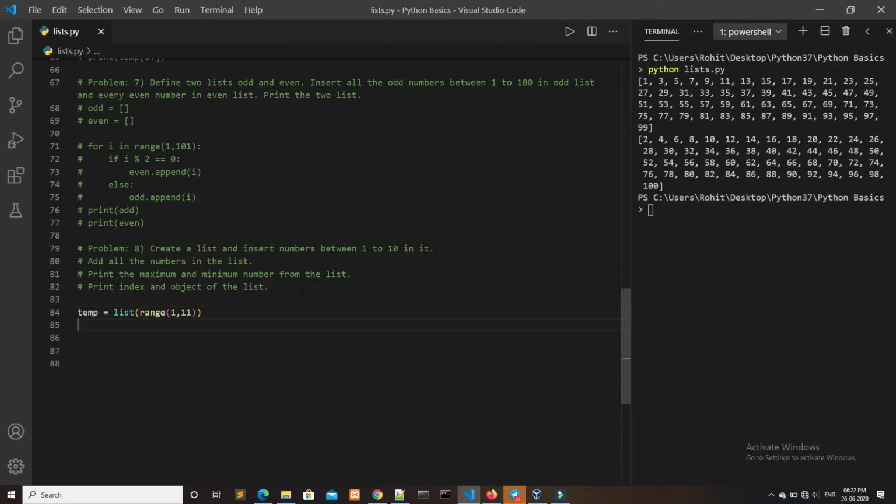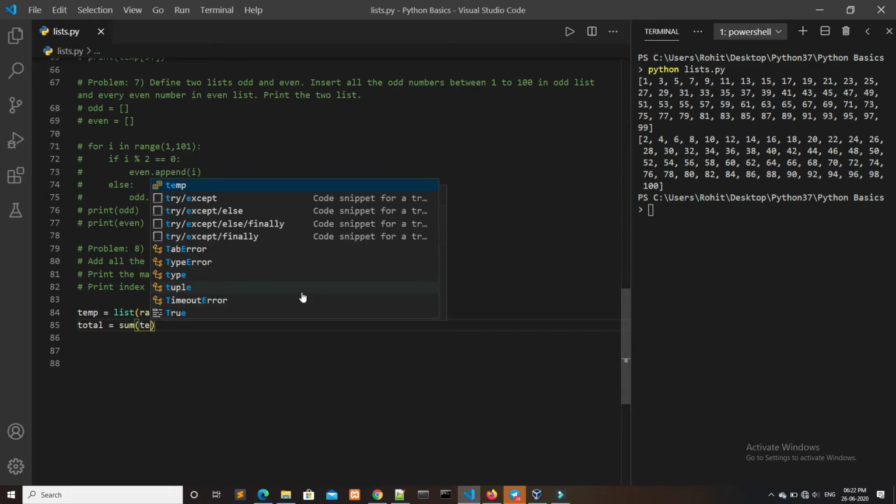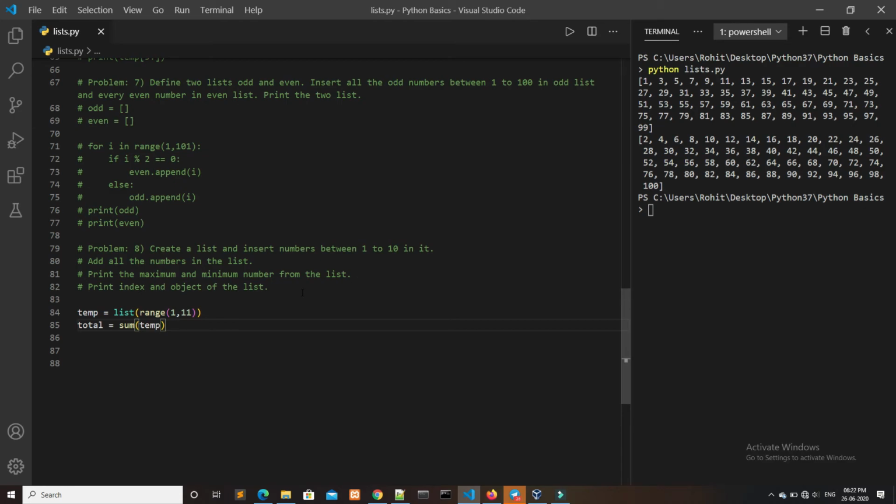Okay, so now we have to add all the numbers in the list. So first I will store the sum value somewhere, so I will write total, and we have to sum this value. To sum the values in temp, we have to write sum(temp). This will add all the numbers inside temp.